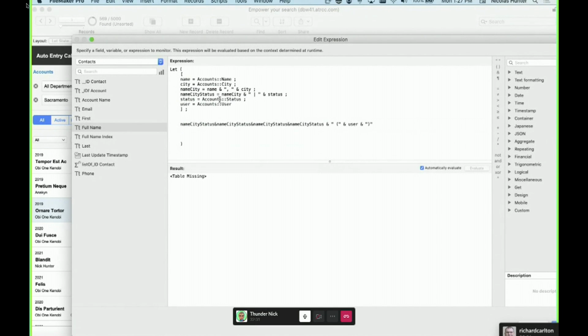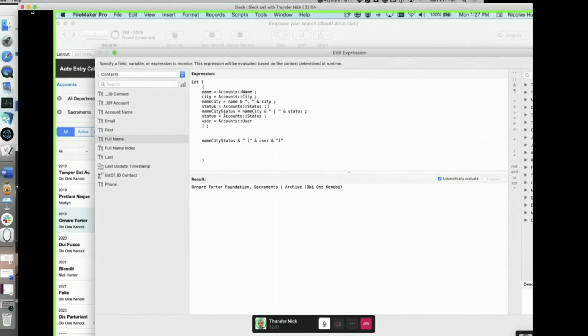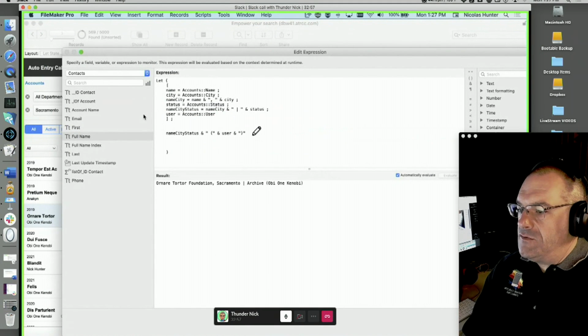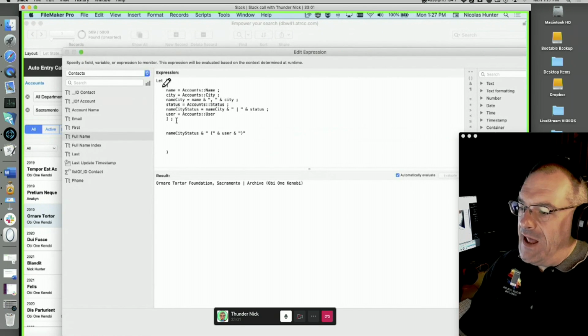Something wrong here. Name and city, name and state. Oh, yes. Okay. You see the mistake I did? It doesn't work because I don't have the status evaluated yet. If I reorganize this up, it works. See, here it doesn't work because status is after the name, city, and status. Now this works. Okay, so let me reemphasize this as well, that this is an execution from top